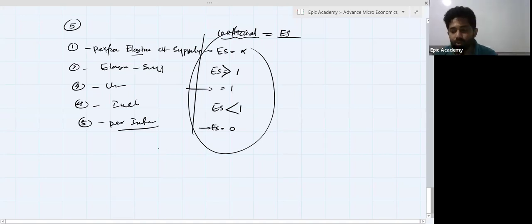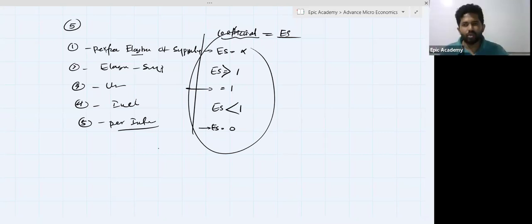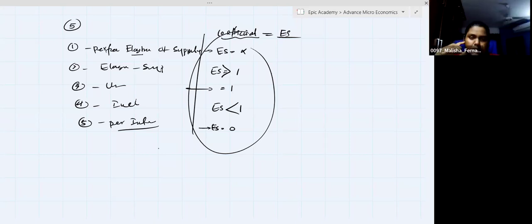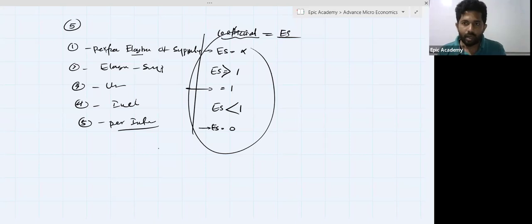So here you have to identify the shape of the curve. That is the most valuable thing. You already identify the name and the coefficient value. It is similar to the demand structure, so there is no difference. But you know that the relationship between price and quantity demand is different from the relationship between price and quantity supply. So that is why the shape of the curve is different from the demand curve. If you can identify the shape of the curve for the different types of elasticity, that is enough. Okay, right.